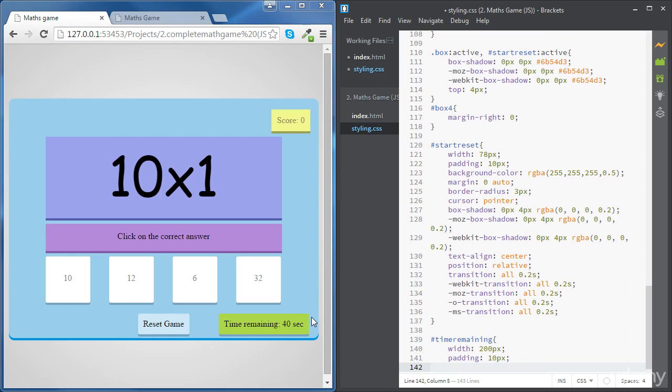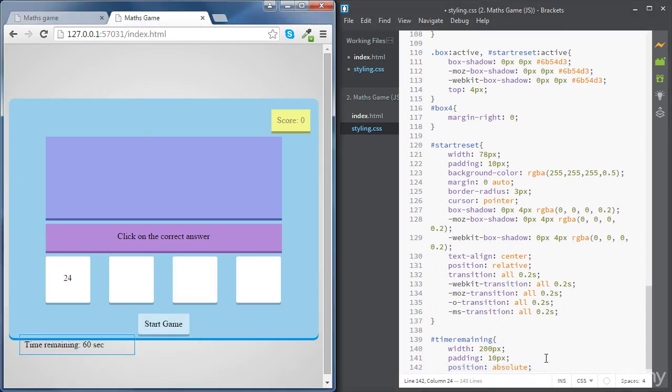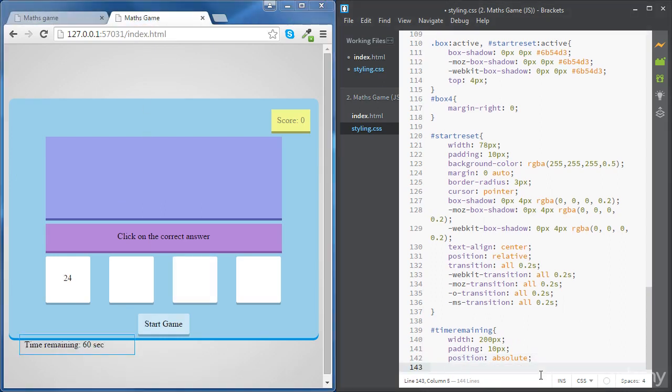And let's position this inside our container, so we're going to give it a position attribute absolute. And then we are going to give it a top property of 300 pixels, or a bit more,